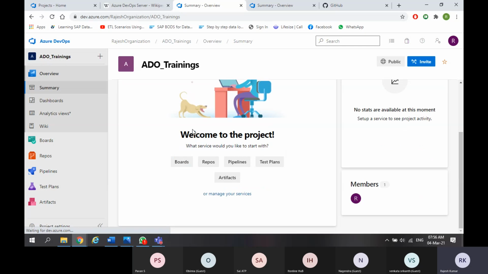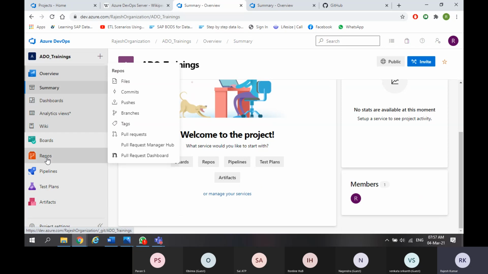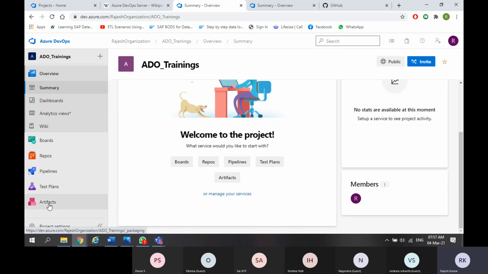So I have given you a task that you should create your Azure DevOps account and come up with a sample project. Tomorrow we will start checking what each option is. What is overview, what is boards, what is repos, what is pipelines, test plans, artifacts,